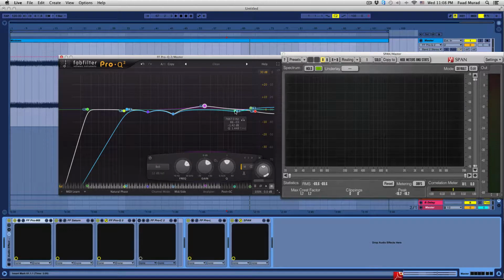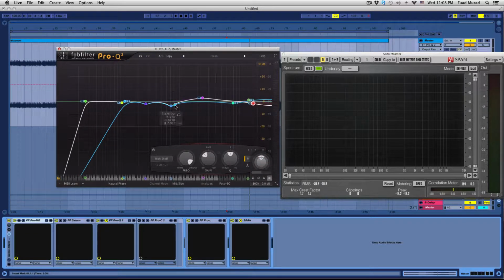I made a little cut there on the sides. It was kind of harsh up there. It was a little too crispy, too sparkly up here, so I made a little cut. And then I boosted the top right almost at the same point where I cut from the mids. So let's take a listen to everything overall, the mids and the sides, and then we can decide what we